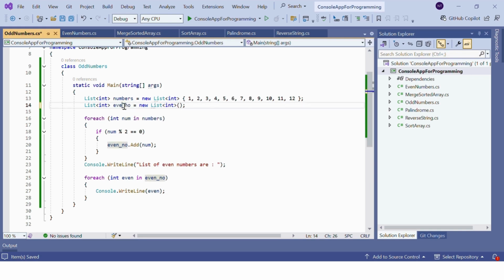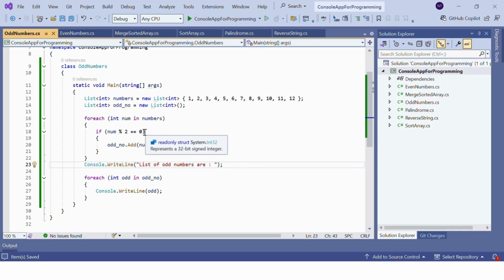So as you can see here, we have one list number. First I'll do the changes. Instead of even number, make it odd everywhere. And here we are using these two list integers, number and odd number, and the main thing is our foreach